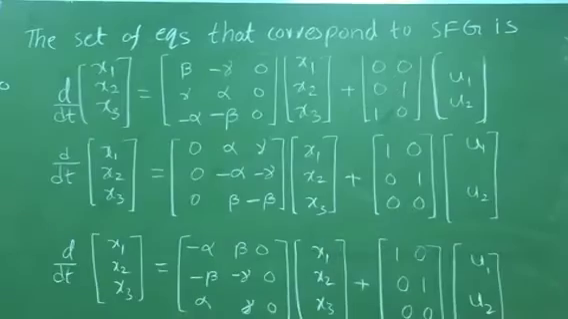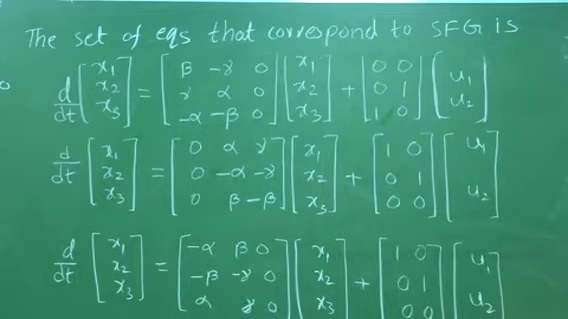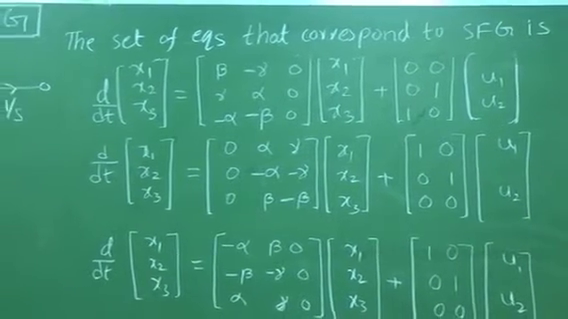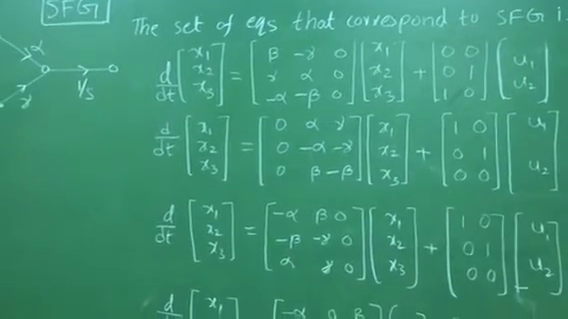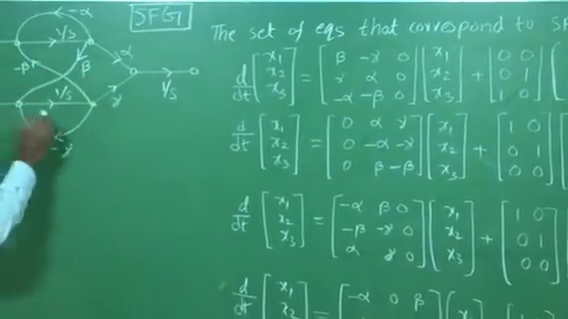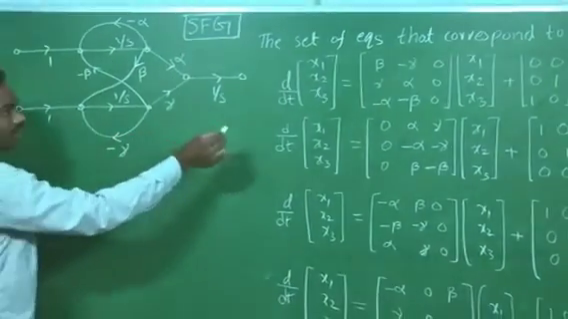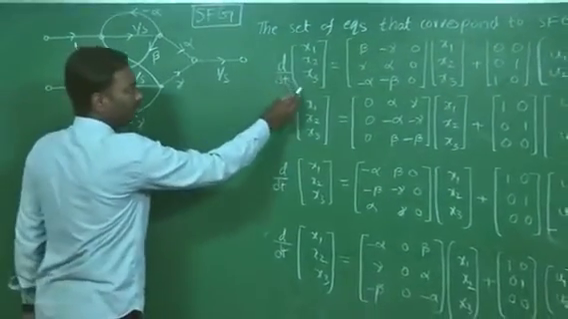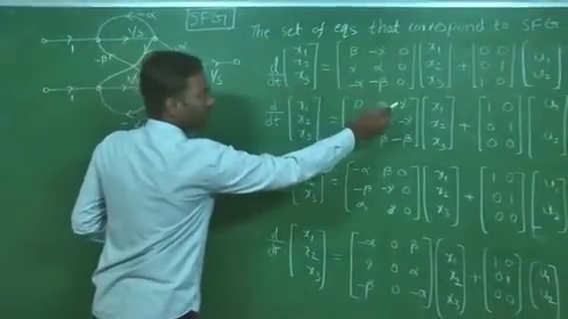This is the signal flow graph given in the question, and he is asking to find the set of equations which govern this signal flow graph. And there is no mention of the nodes in the signal flow graph, but the equations equate the time derivative of the nodes x1, x2, x3 with the nodes x1, x2, x3 and the